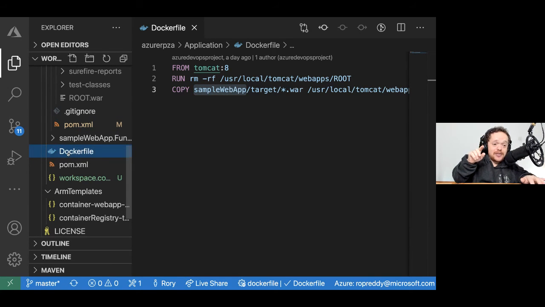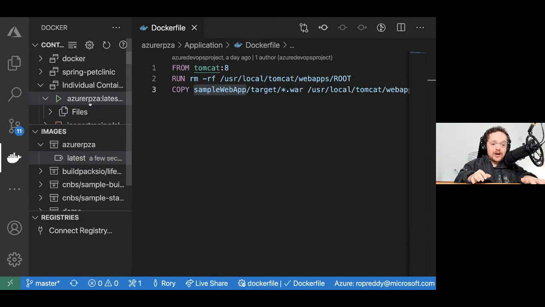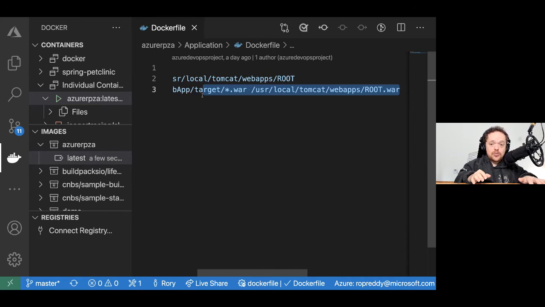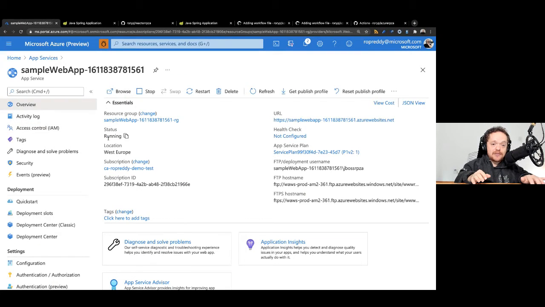You can actually run the Dockerfile container like I showed you before. You can go to the Docker view in your extension. You can see there, I'm actually running that Dockerfile locally though. So once we've got that container with the container registry, then we push it through with the DevOps process.